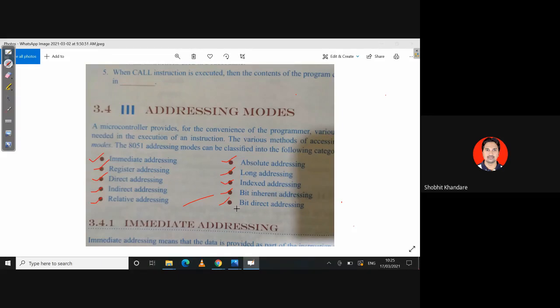हम किस अलग अलग तरीके से डेटा को एड्रेस कर सकते हैं, या हम किस अलग अलग तरीके से डेटा को एक्सेस कर सकते हैं, दैट इज अ मीन. ओके, हमारा जो भी डेटा है जिसपे हमको ऑपरेशन करना है, वो डेटा को हम किस अलग अलग तरीके से एक्सेस कर सकते हैं, उसको कहा जाता है एड्रेसिंग मोड्स. ओके, and there are 10 different ways in which you can access your data. So we will see one by one.